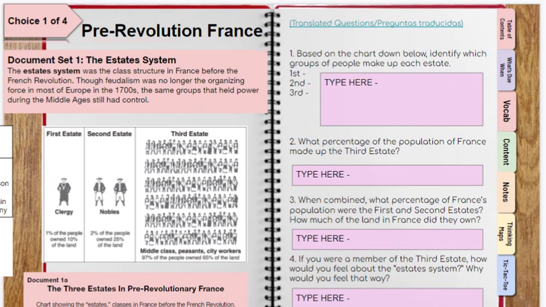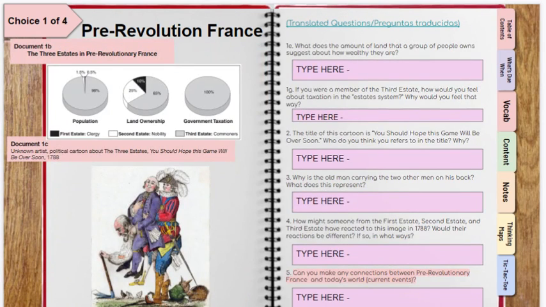So to build upon that, we have two great visuals to look at. The first being this set of pie charts, the one with the population and the land ownership, but then we have the third pie chart that shows the government taxation, where the third estate is paying 100% of the taxes. And if we were looking at this, the third estate is not going to be the most wealthy estate. They're not going to have the most wealth in society, but yet they are paying all of the taxes.